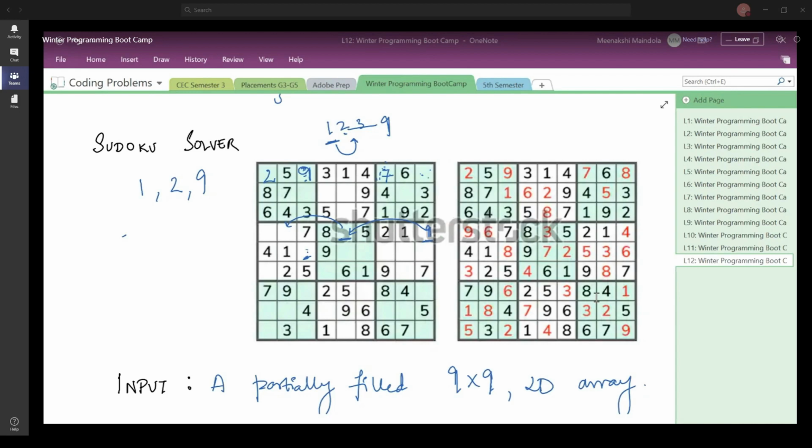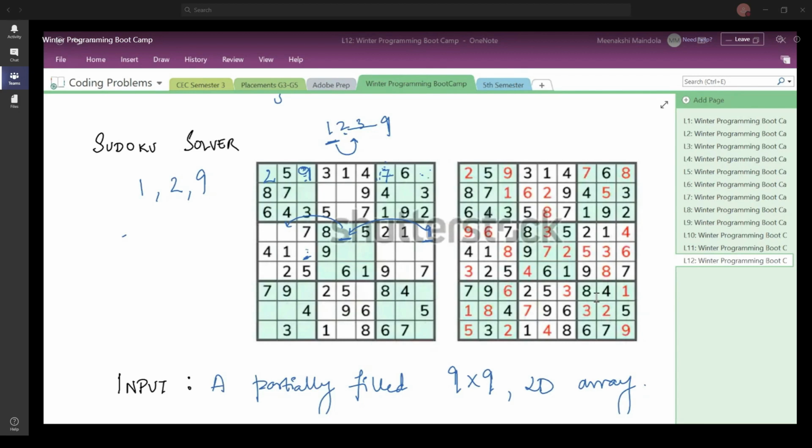Now this is how your codes are going to be different. Obviously I'm not expecting that all of you are going to be writing down the same piece of code just because we are performing backtracking and recursion. Obviously it is not possible for all of you to write down the same piece of code. There are going to be changes. So yes, there is going to be a plagiarism check as well on your projects.